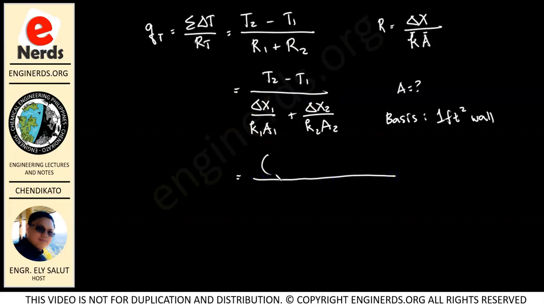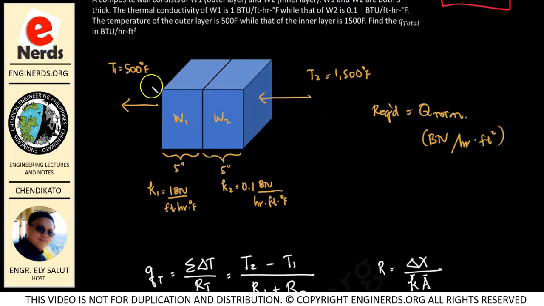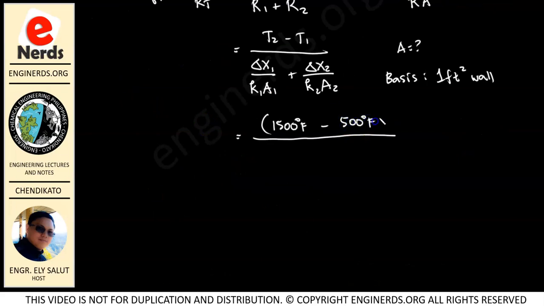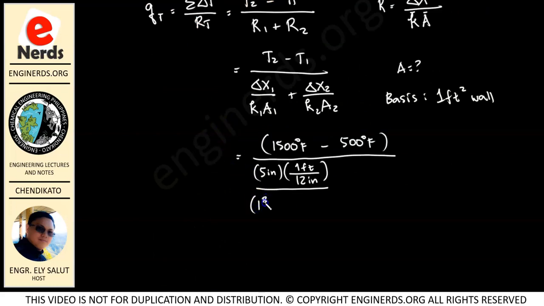Okay, so now let us substitute our given here. So we have our T2. Our T2 will be the one with higher temperature, which is 1,500 degree Fahrenheit. So we have 1,500 degree Fahrenheit minus our T1 here, which is 500 degree Fahrenheit. Okay, and then our delta x1, which is our thickness. So our thickness is 5 inches. So we have 5 inches, but we need to convert that into feet. So we have 12 inches to 1 feet over our K1. Our K1 is 1 BTU per feet hour degree Fahrenheit. So 1 BTU per foot hour degree Fahrenheit